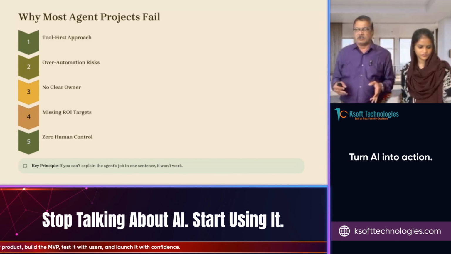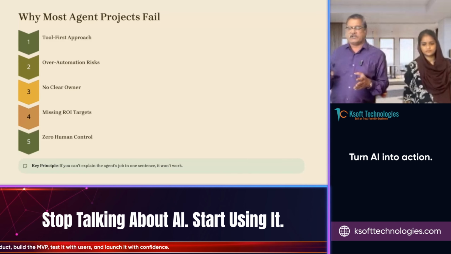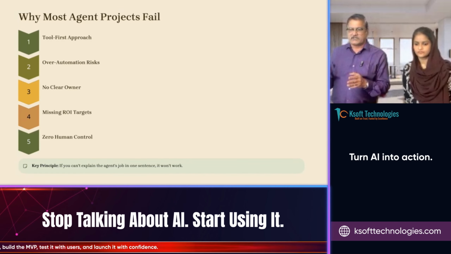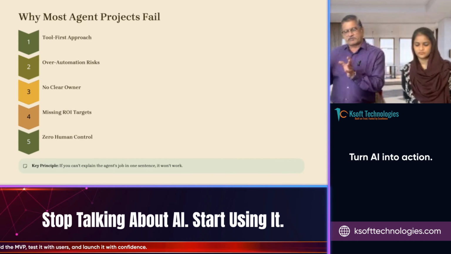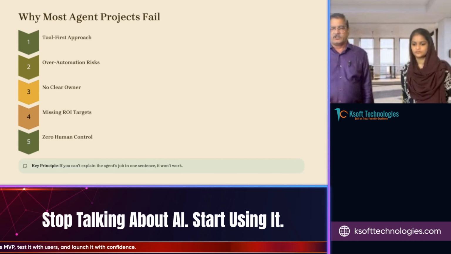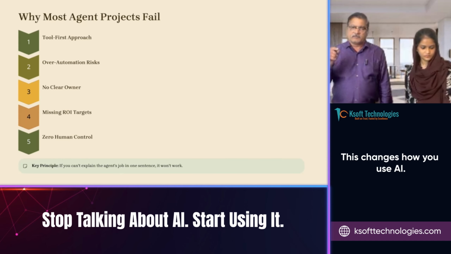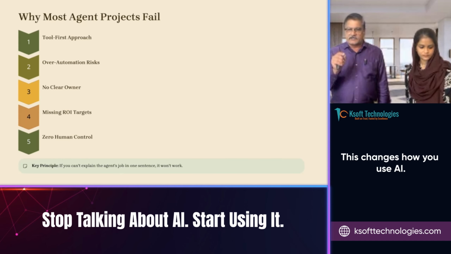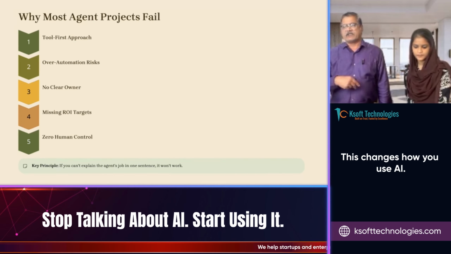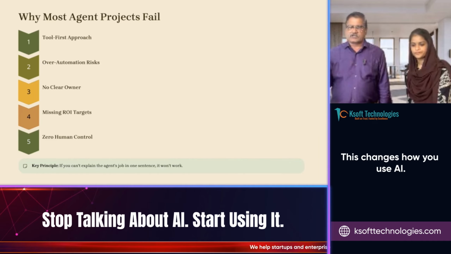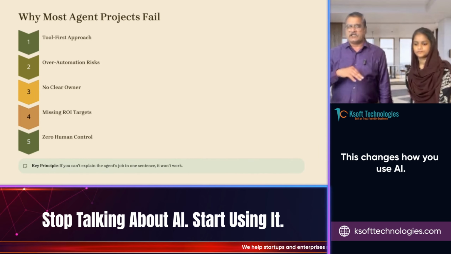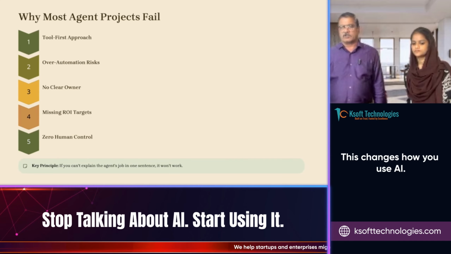You may have a goal, you may have a KPI properly, you may have what needs to be done, what is the particular process that needs to be automated. You may have that on paper, but unfortunately, you don't put the ownership of this deliverable into one human being. That is where it breaks. Everybody becomes the owner. They put their own styles, their own thought process, and finally it becomes too many cooks spoil the broth. It doesn't come.